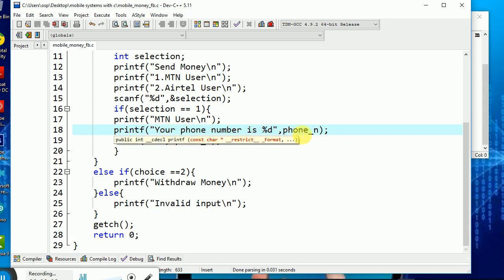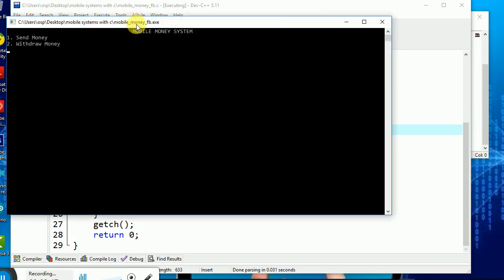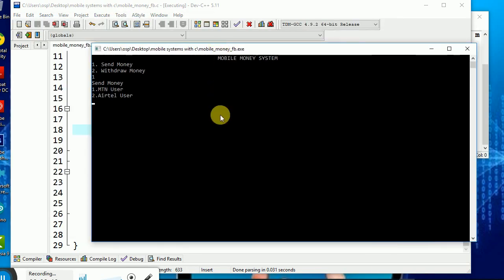If selection is equal to 1, MTN user, then print enter phone number. Check the system again. If I press 1, good. Enter 1. So it will simply say enter phone number. Then I will simply say your phone number is.